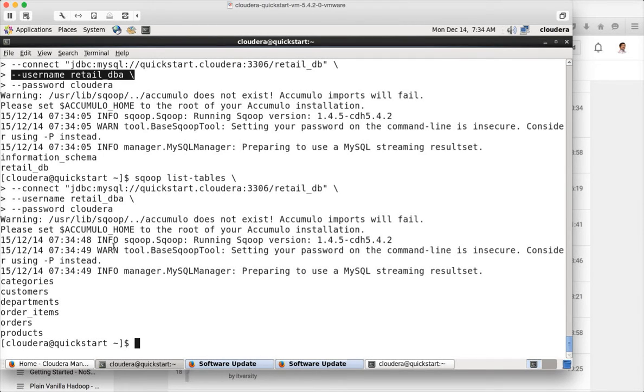And also before running the import command, you might want to validate whether you have access to these tables or not. Sometimes even though it lists the tables, it might not have privileges. The user retail_dba might not have privileges to select data from these tables. It can happen. So for that reason, if you look at sqoop help,